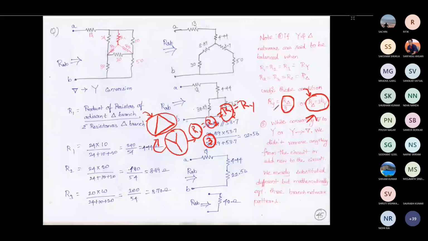One more thing: when we did star delta conversion, we did not add any extra element, and we did not remove any element. We had 3 resistances in the delta combination for this particular circuit, and we replaced them with another 3 resistances. We did not make any other change. We are just representing the star combination in terms of the delta combination, or the delta combination in terms of the star combination, in such a way that we can make our calculations simpler. Okay, is it clear?